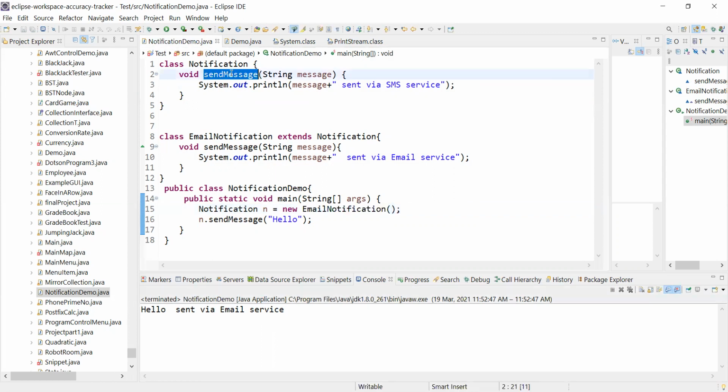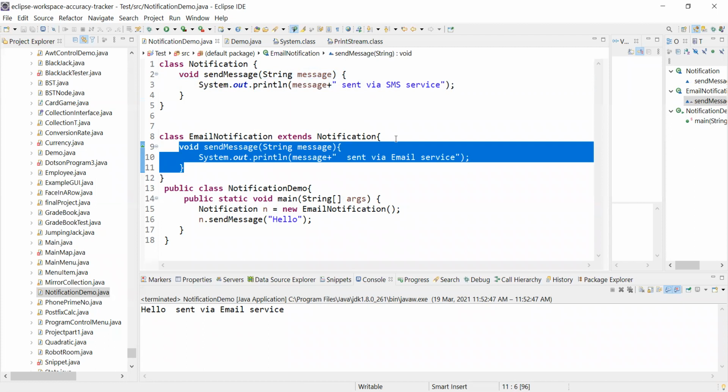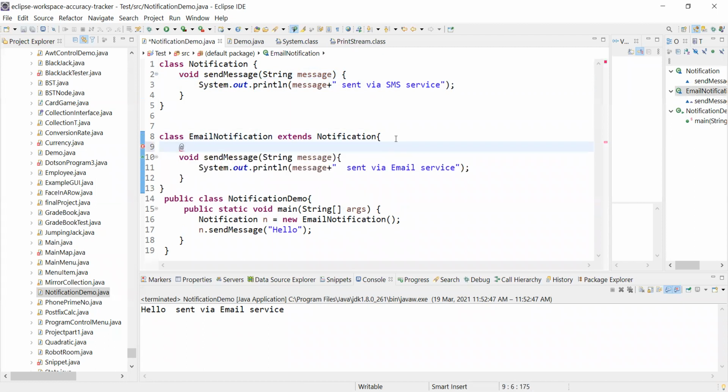The notification class has a method send message which was able to send notification via SMS service. But now we have overridden the functionality. In Java, you will find an annotation like this in some cases, override.